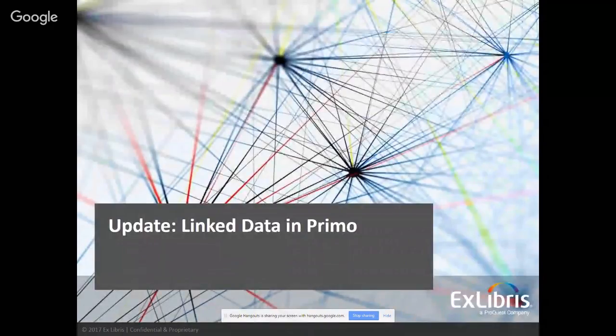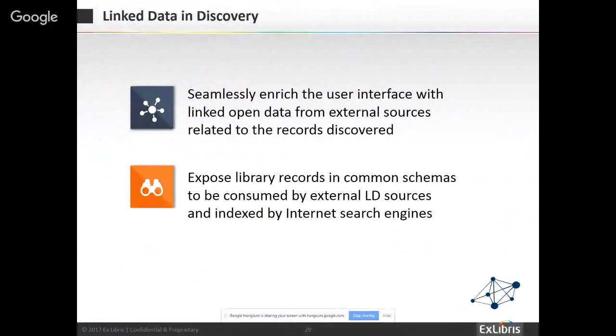So that was very much Alma based, and I'll just spend a few minutes now talking about Primo. Not much has changed from the point of view of what we have to share with you, but I want to just emphasize some of the relevant points around Primo and around discovery. So first of all, on the discovery scenarios, we want to be able to expose linked data and also consume linked data. So there are workflows or use cases from both sides in the discovery. Again, being able to expose linked data that is being published from Alma, say, and then also being able to consume linked data to enrich the